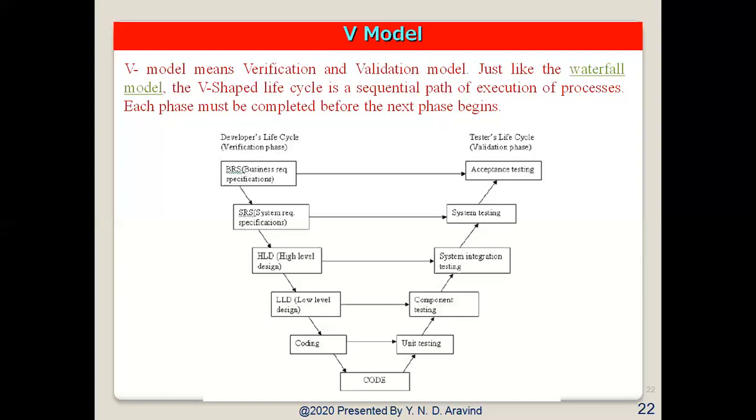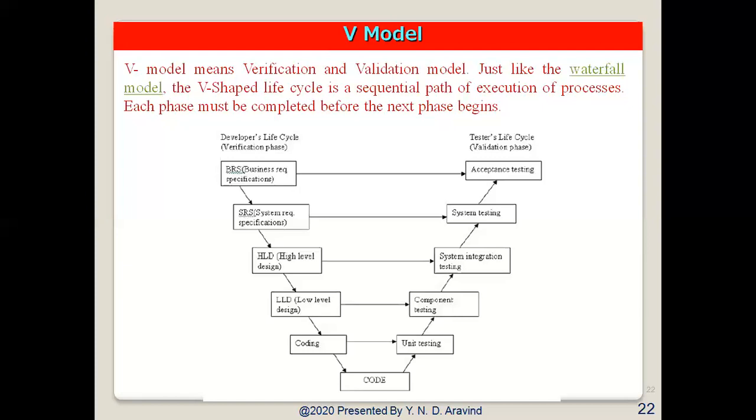Then coming to the lower level design, LLD phase, here is where the actual software components are designed. It defines the actual logic for each and every component of the system. Here the class diagram with all the methods and relations between these classes comes under LLD. The component tests are created in this phase as well.